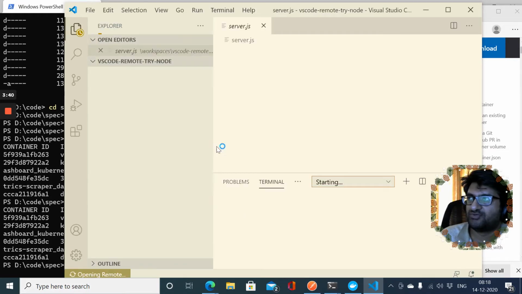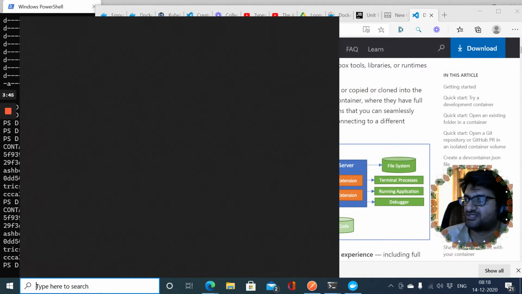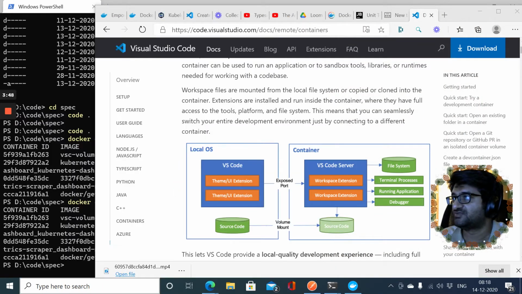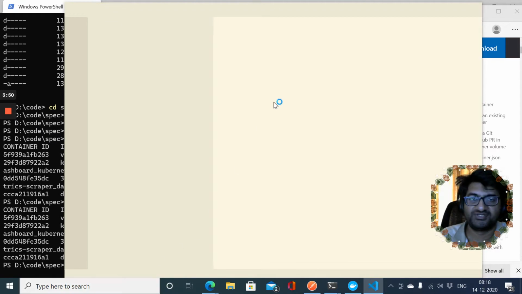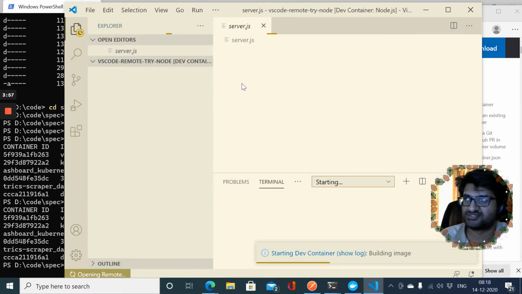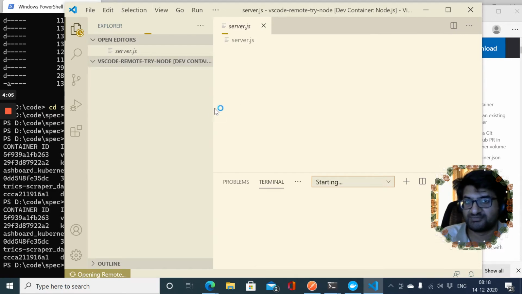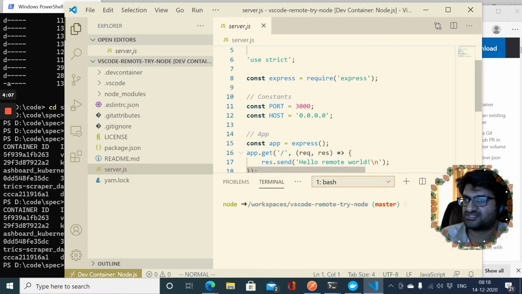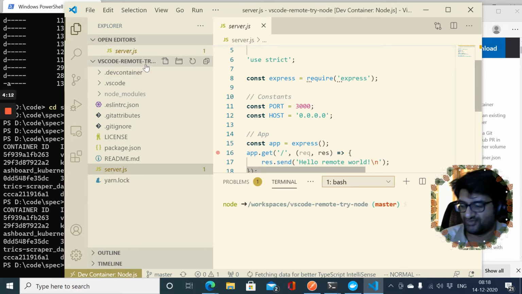If you're a Node developer, there are a lot of times that you'll actually have to deal with issues concerning package dependencies and debugging whether the types of something have changed, in case you're not using TypeScript. So there's a lot of these bugs that usually creep in because things are not completely type safe. So one of the things that this is doing here is, this is a project that I've downloaded, a template project. It's called VS Code Remote Try Node.